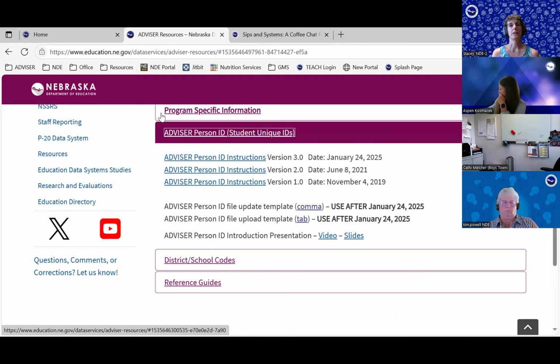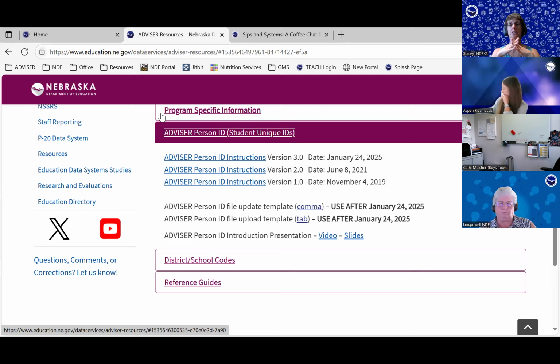I recommend a file upload if you have more than 10 students that you need to create new IDs for, or if you have to upload your whole school system. We recommend at the NDE to upload your whole school at the beginning of the school year so that there's